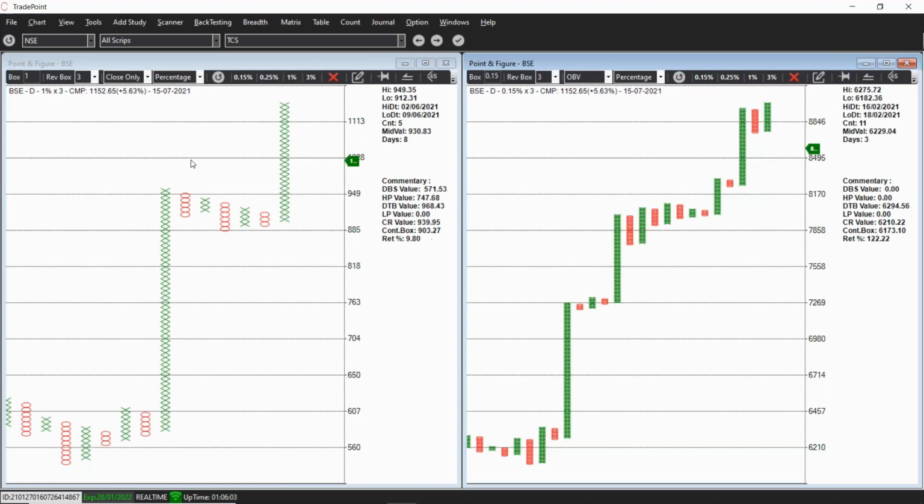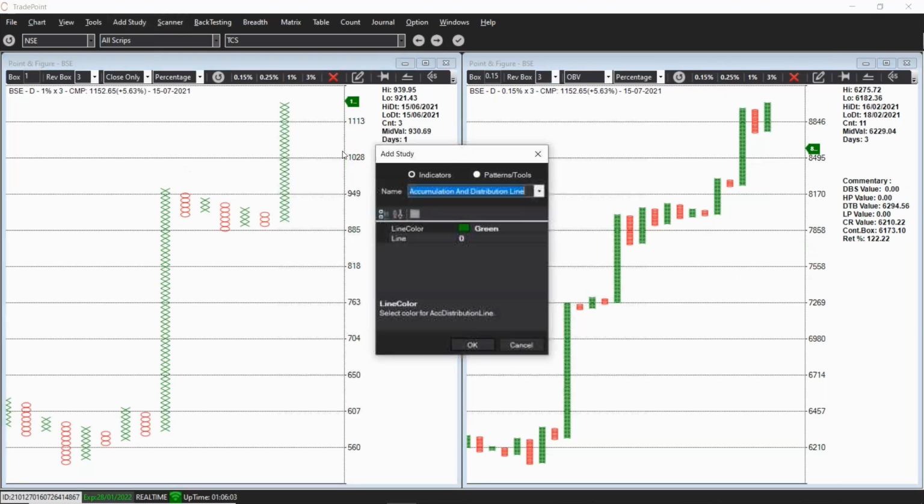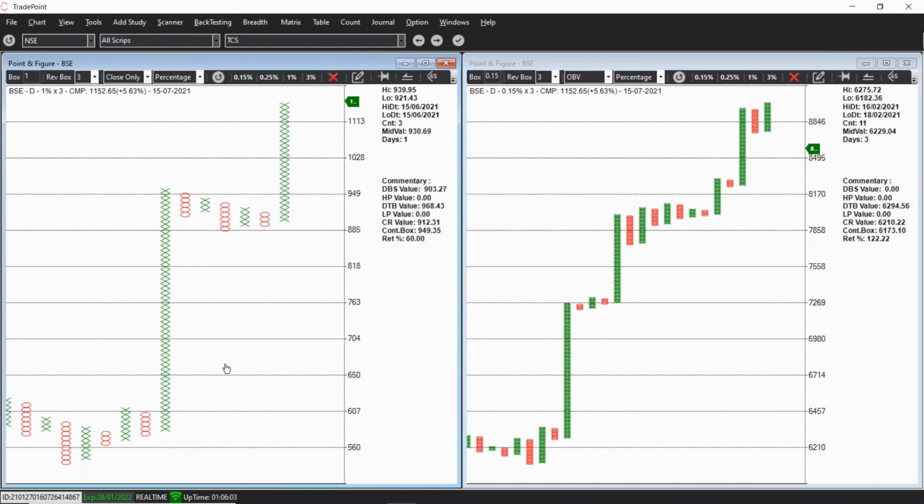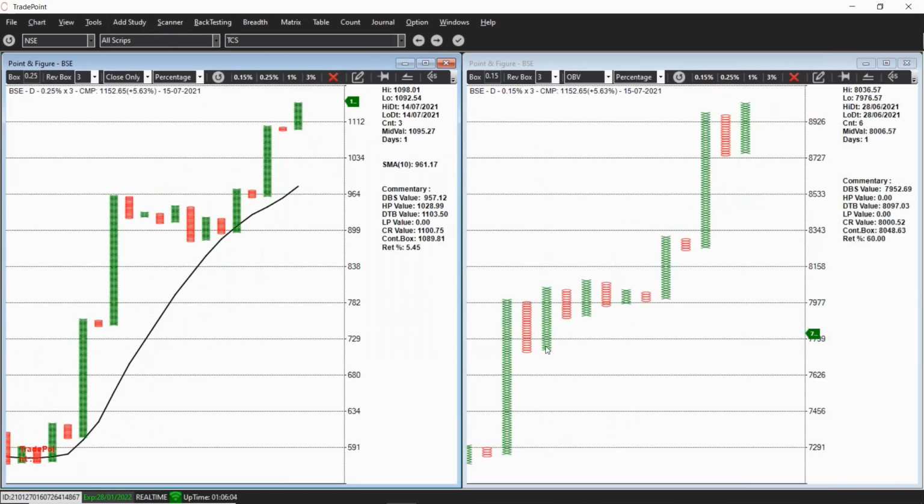Now, what you can do is on the price chart, you can have a very simple filter like a moving average, which tells you about the trend. But here, the simple pattern is also sufficient. You can simply have a rule that if it is a double top buy, even if it is a running pattern or a continuation double top buy, the price is bullish. Let me show you one more example.